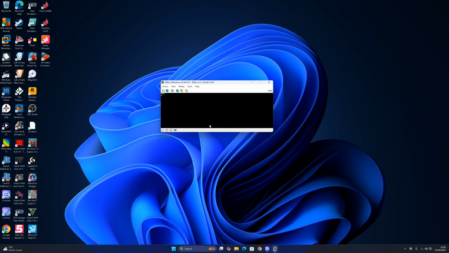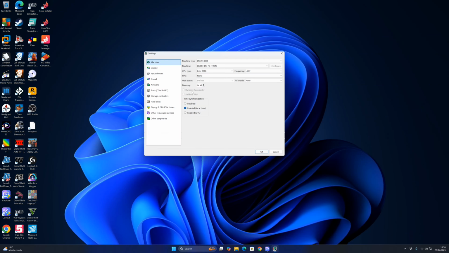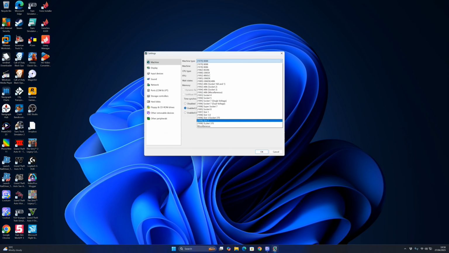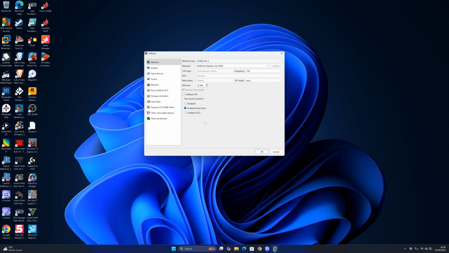After you start up Windows XP, first of all you would want to go to Tools, go to Settings, and then you want to select the 1998 machine type, 1998 slot 2, and then you would definitely want to leave it as Gigabyte GA-6XU, or also you want to say Supermicro S2DGE, and then you would want to go to Intel Pentium, and I want to set it to 450 for example,